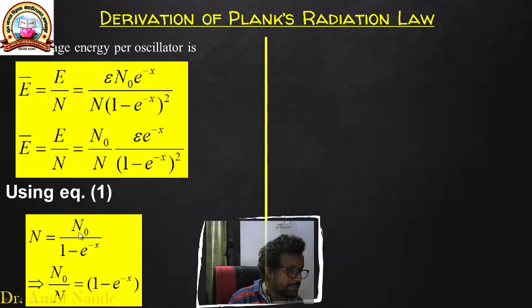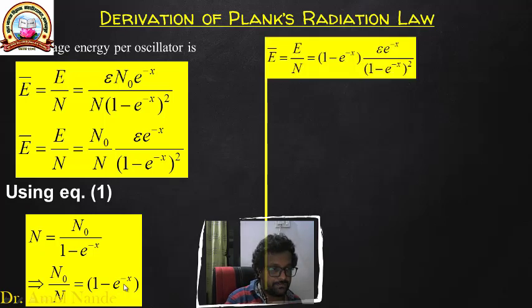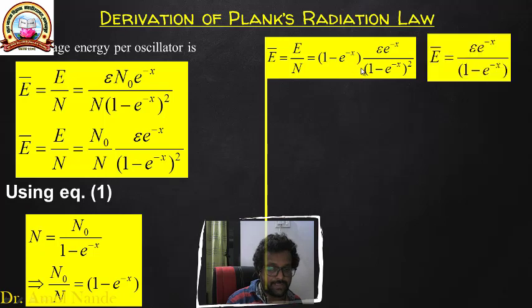तो वो अगर अपन इसमें वापिस रखते हैं तो क्या हो जाएगा अपना इक्वेशन? E bar, एवरेज एनर्जी, इज इक्वल टू क्या हो जाएगा? E बाय n। ए वाला टर्म, 1 - e^(-x), ε e^(-x) / (1 - e^(-x))², एक कट जाएगा। तो आपको बचा क्या, E bar इज इक्वल टू ε e^(-x) डिवाइडेड बाय 1 - e^(-x)।